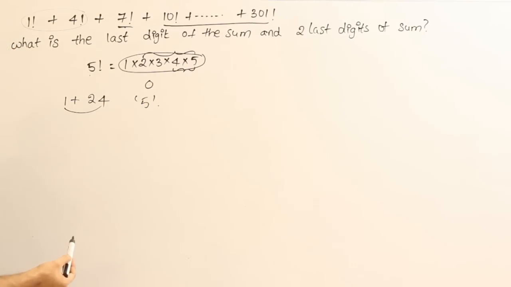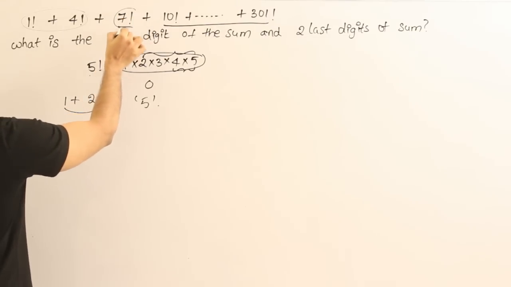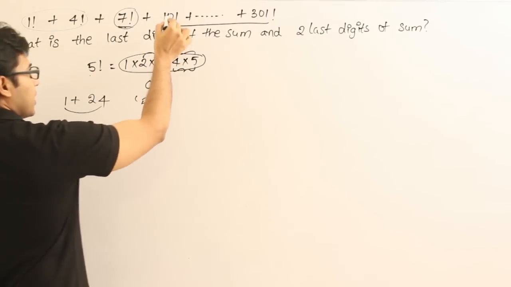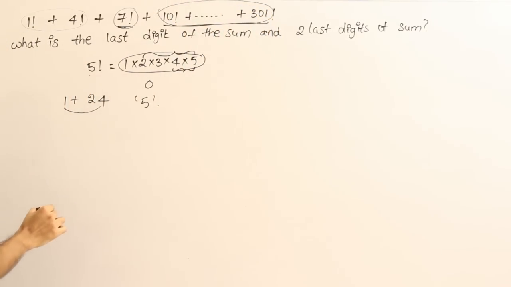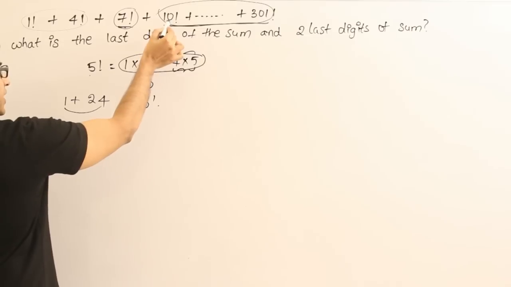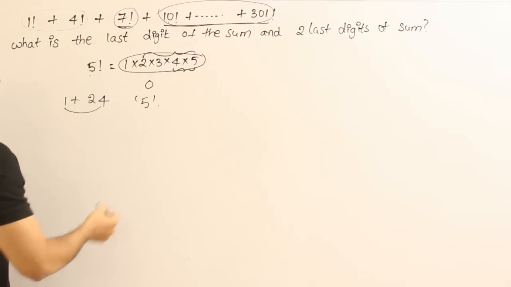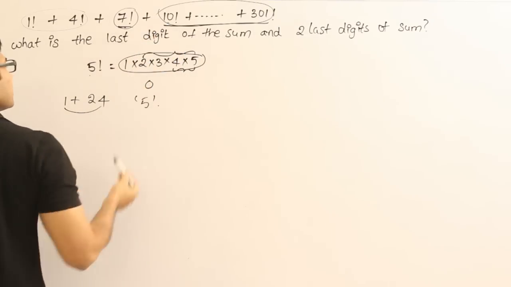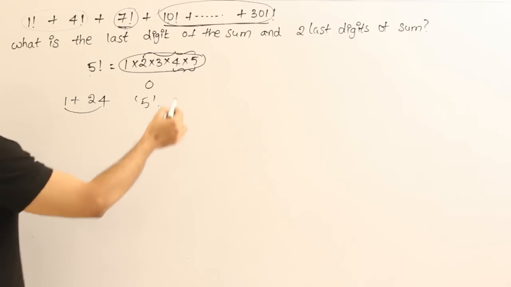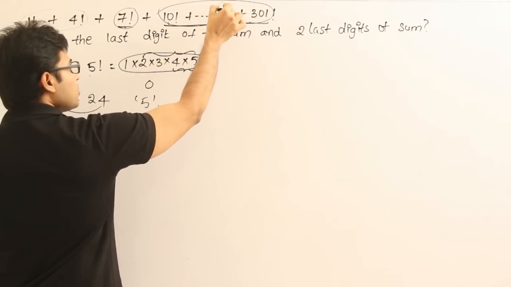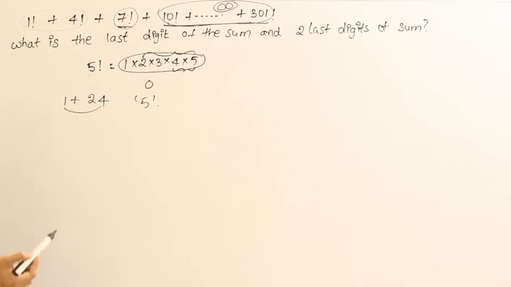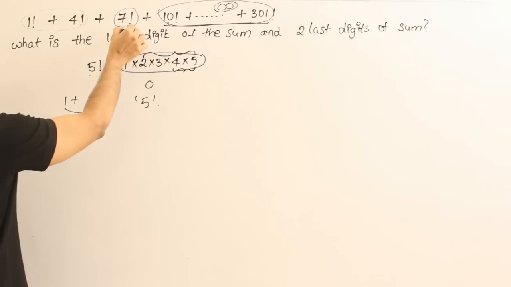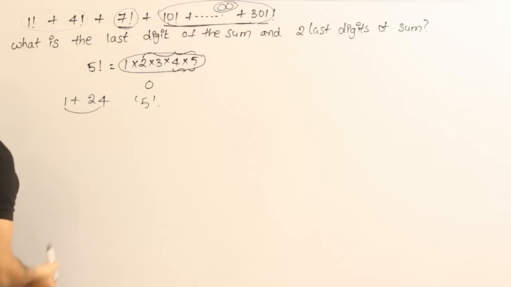How can we find out the last two digits of the sum? Just observe one more thing. I told you that 7 factorial is going to end with 0, right? But this one is not just going to end with 0, it is going to end with 2 zeros. The reason is, already because of 5 factorial present within 10 factorial, we are going to have one 0. Along with that there is 10 now, which means 2 zeros, which means all of them are going to definitely have 2 zeros as the last two digits. Okay, 2 zeros are already present as the last 2 digits. And now what about this one? This one is going to have one 0.